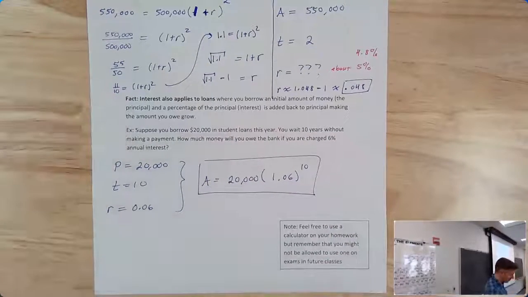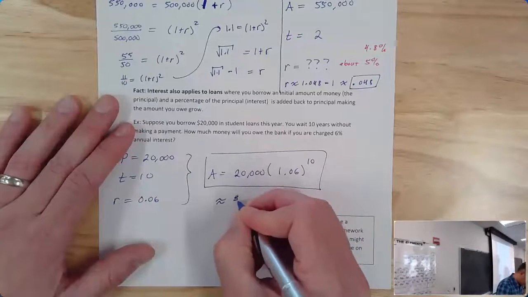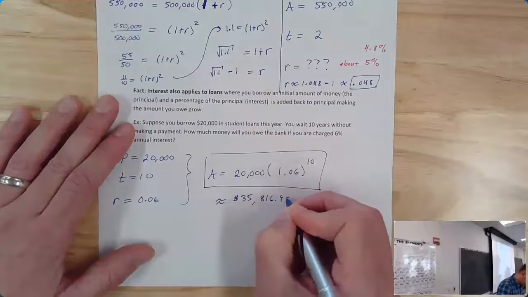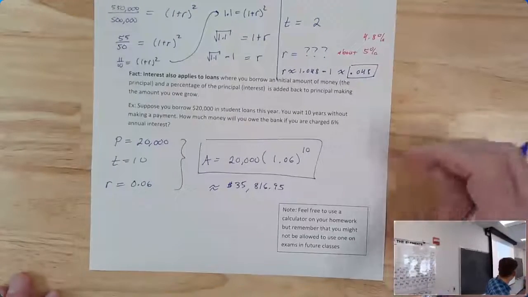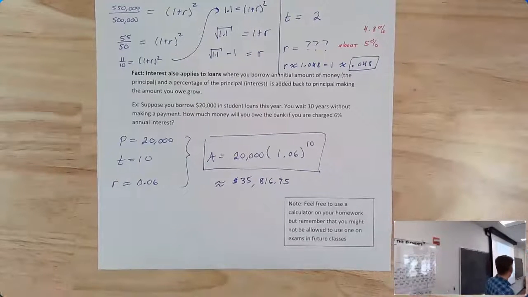And then if we use the calculator, it would be approximately $35,816.09. Compounding interest really does have a large effect as time